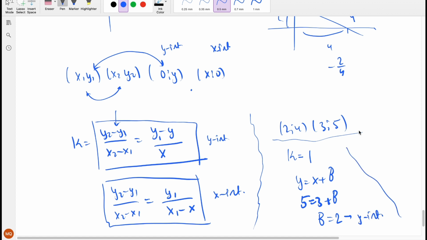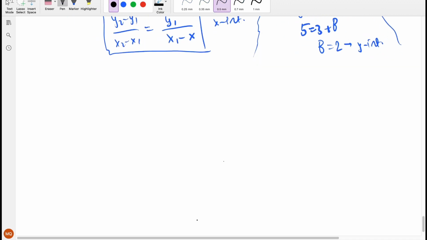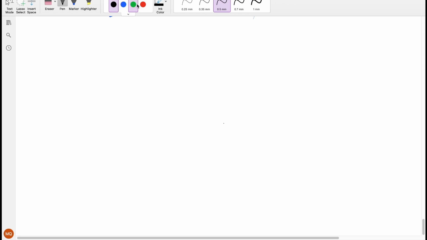For finding the x-intercept, y is equal to x plus 2. Then let's write here 0, and x is equal to negative 2, and it is the x-intercept. Okay, this intercept part is easier compared to slope, so it is normal, short. Now let's look